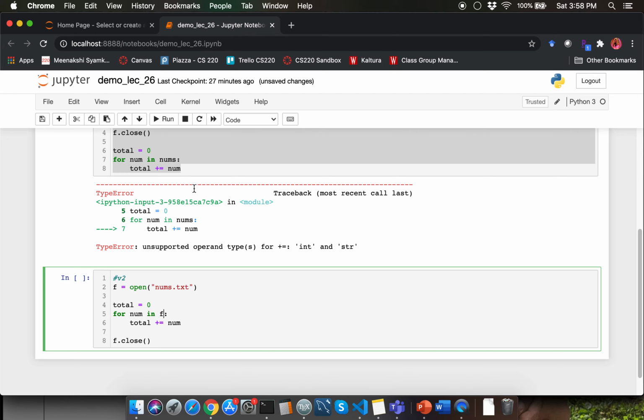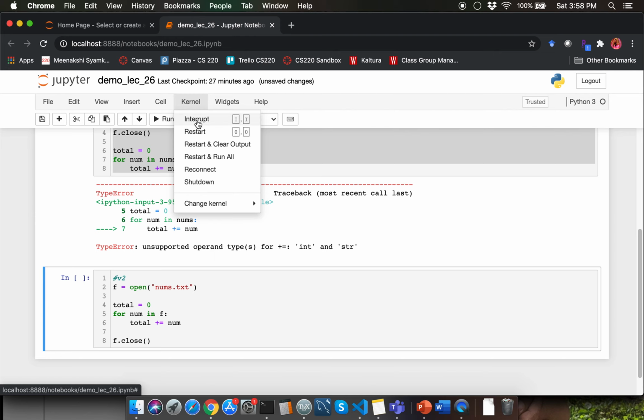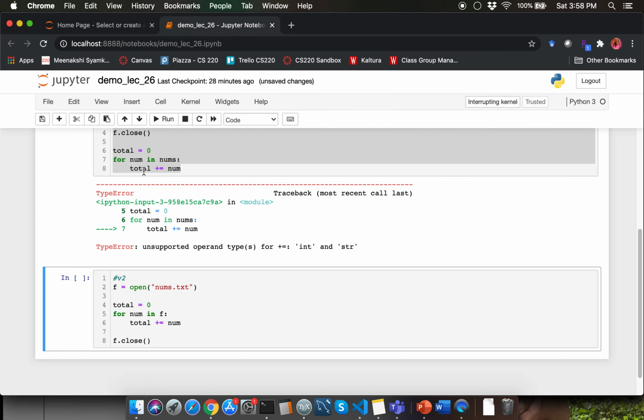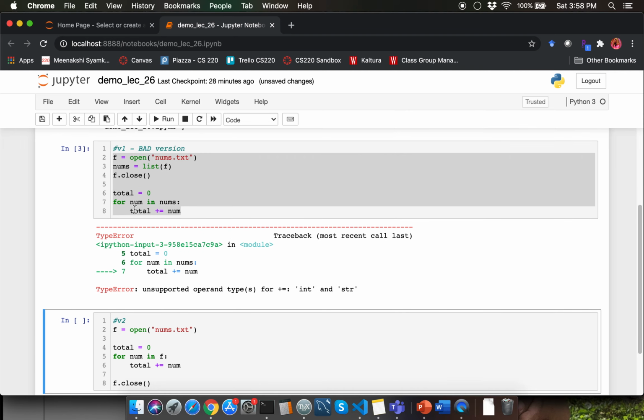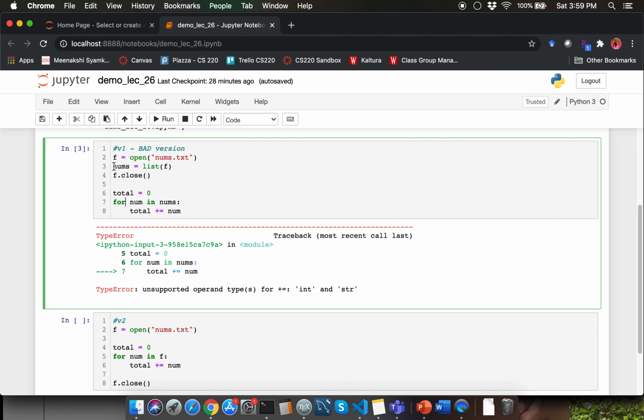All right, before I go ahead and run the rest of my program, I'm going to interrupt my kernel, and I'm going to restart my notebook and run everything. Before I do that, I'm going to comment out this computation over here.